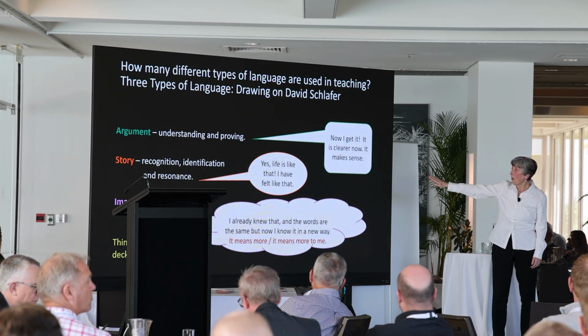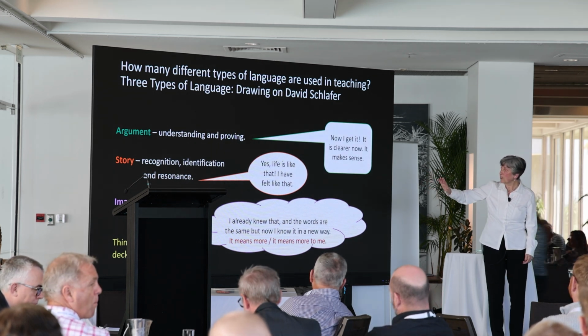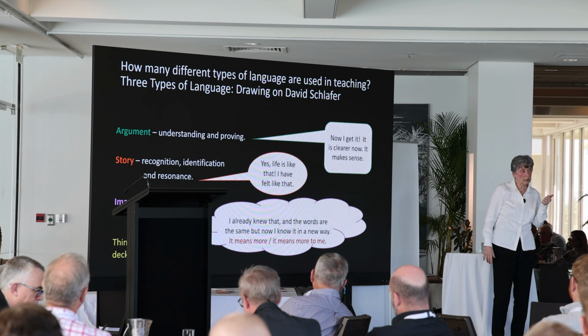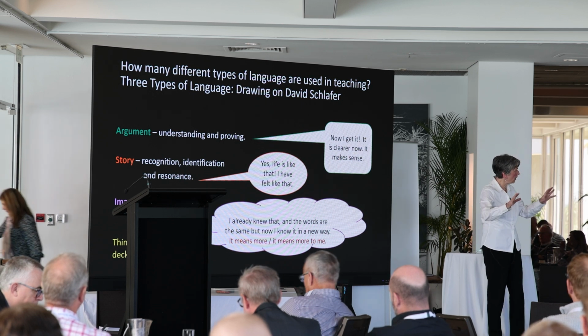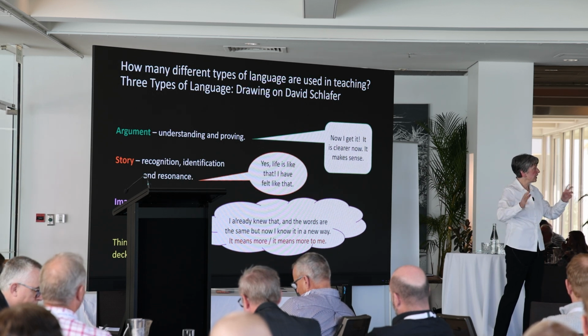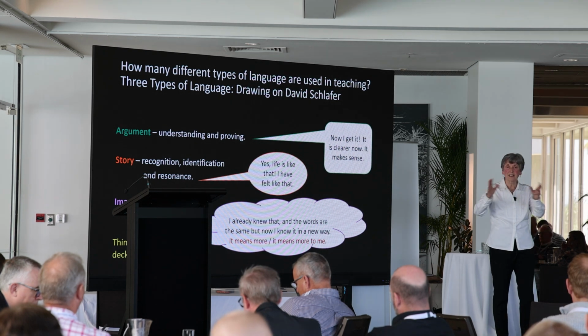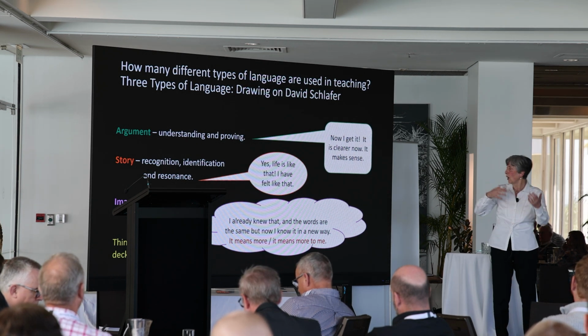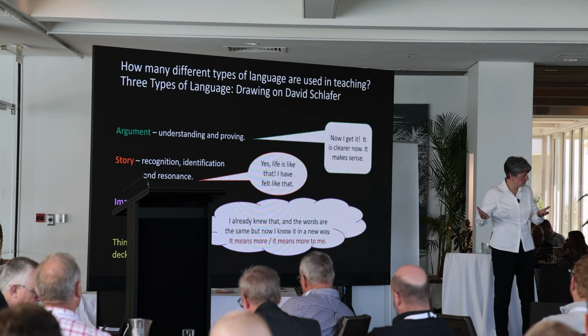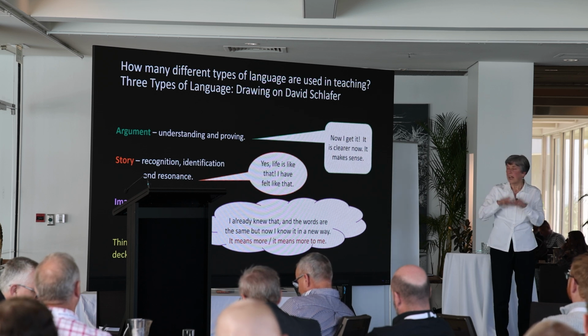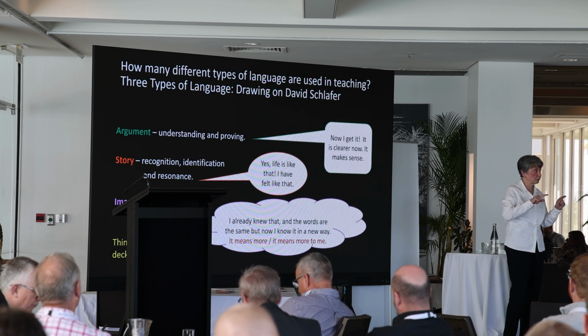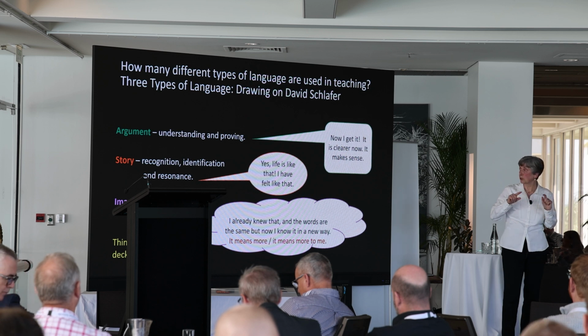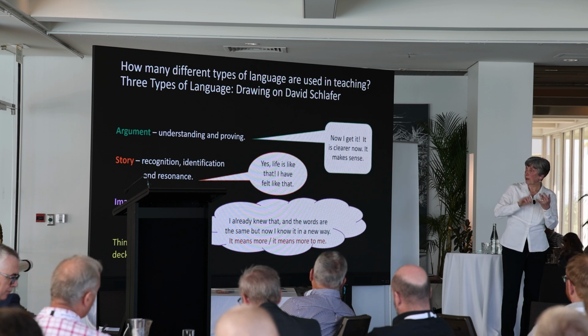Yeah? Then there's story, and you get something quite different. You get recognition. If you're going to a film and you see a character and think, yeah, I recognise that sort of behaviour, or I felt like that, I've been in that sort of situation. It is not applying. It's different to applying. It's recognition,